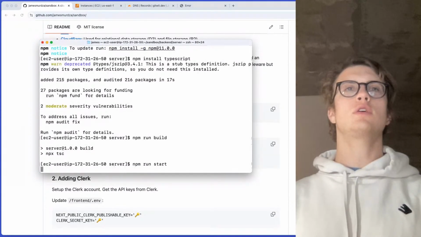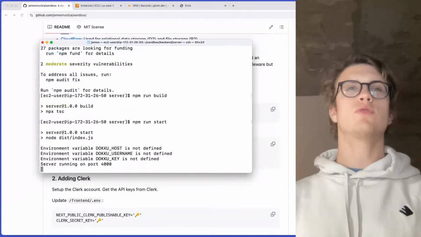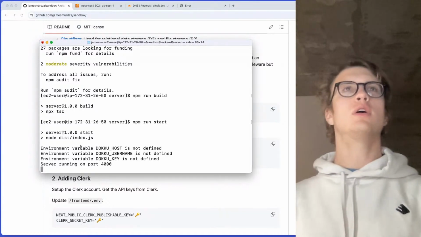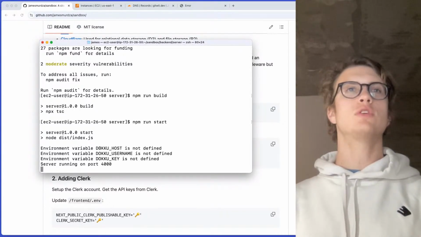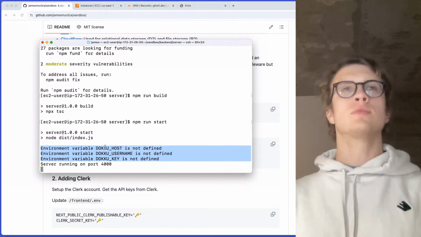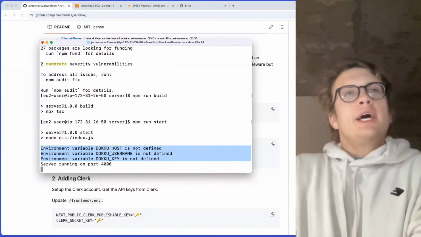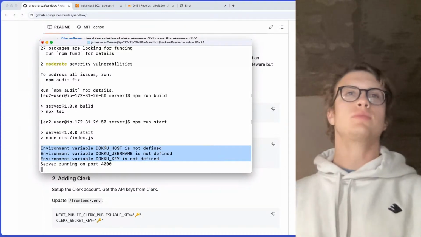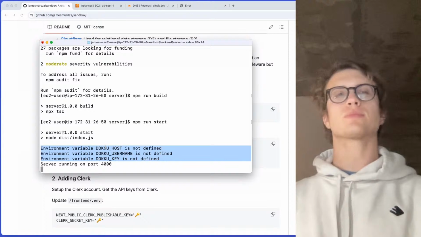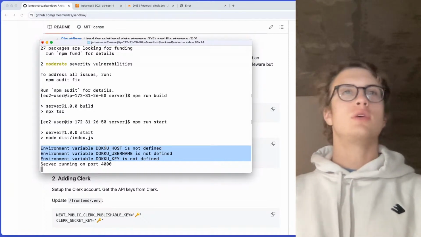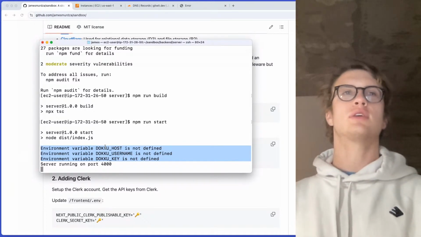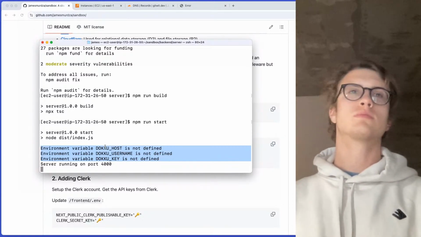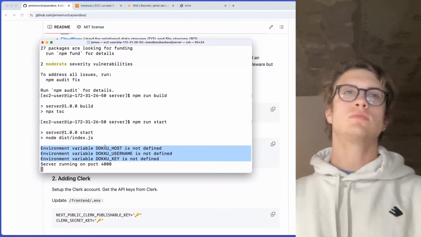npm run start. Now the question is what port it will run on. Port 4000. And is that what we wanted? Cool. These we will handle later. So appears the backend server is running. How can we test that is the case? Well,